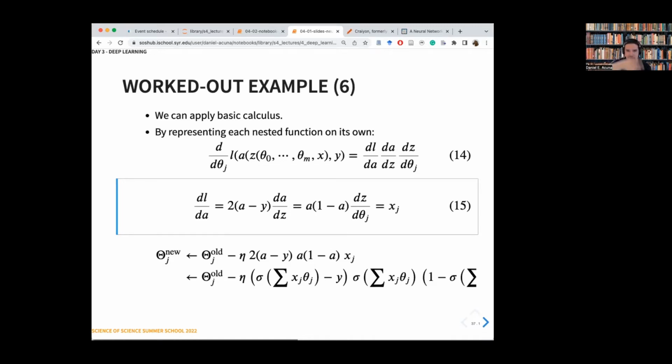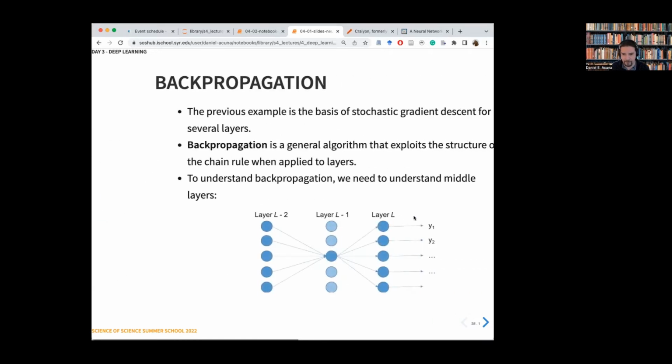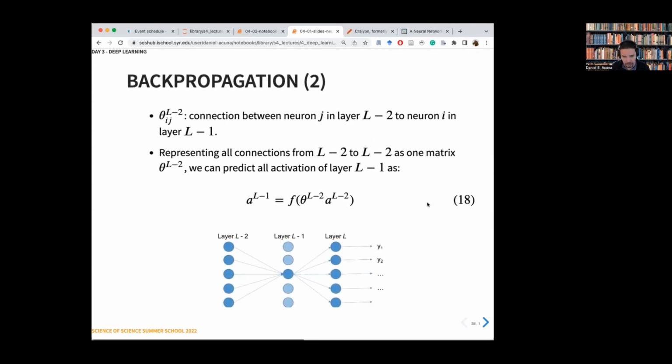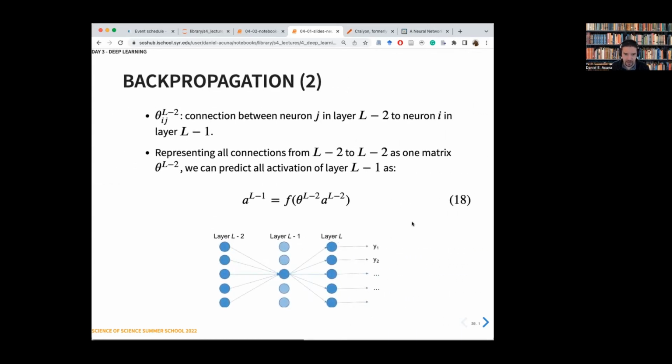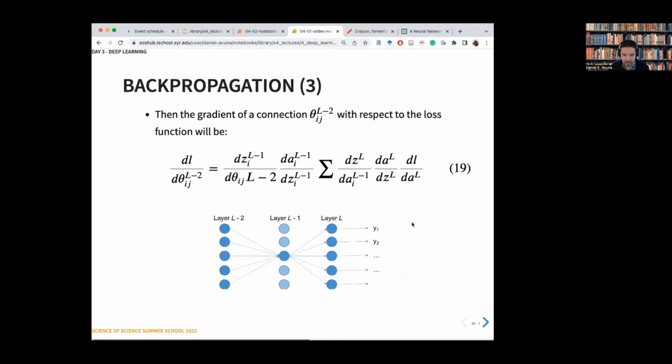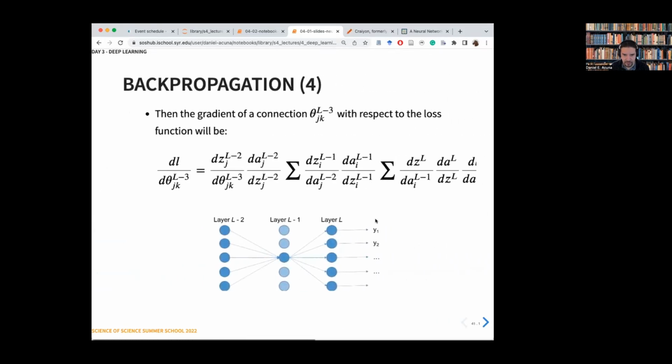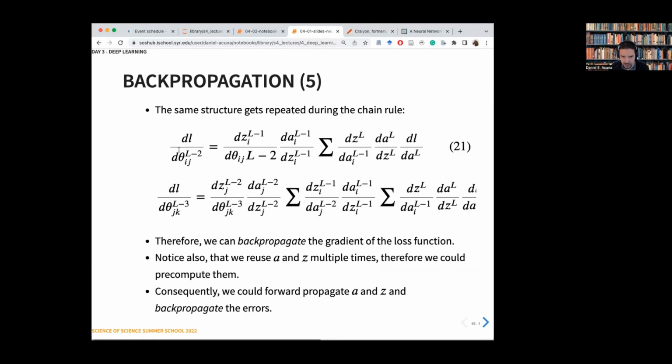You backpropagate the derivatives. Here in the notebooks is the derivation of this rule, but I'm going to skip this. So imagine that we're trying to compute the derivative of layer L2. Imagine we have layers 1, 2, 3, and then layer L2, so it's just before the output. It will have this seemingly complicated structure. And let's say we then want to compute the derivative of the previous layer, L-3.